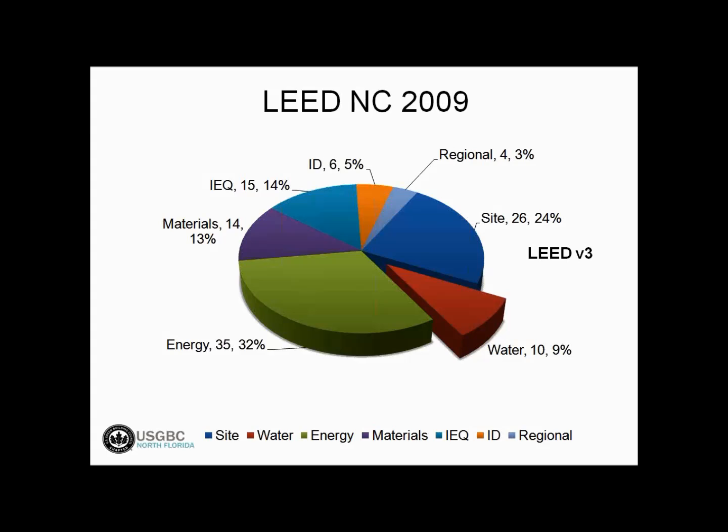So in version 2, you can pretty much get a certified building just by building a pretty good building and documenting it real well. You get all your points in the materials and the energy and indoor environmental quality points. Some of the things that were a little easier to do. Specify this material, and we're going to be in good shape. But that wasn't leading to the performance that we want to get out of LEED buildings. So intentionally, the credits in version 3 are weighted heavier towards things that are going to produce better outcomes and lead to better performance. Energy and carbon footprint and